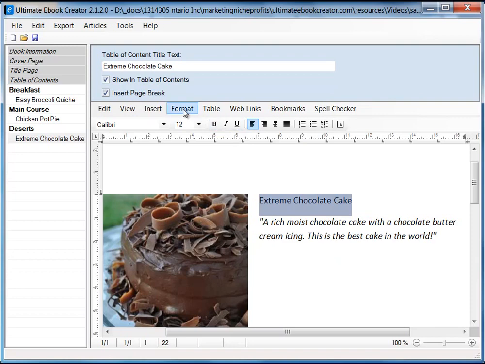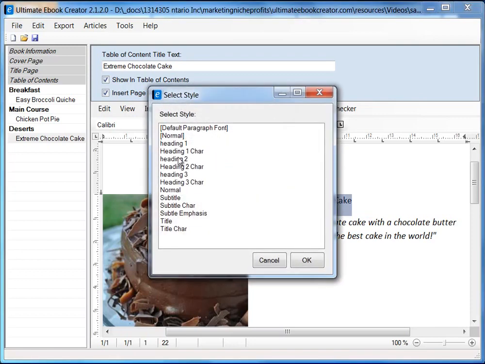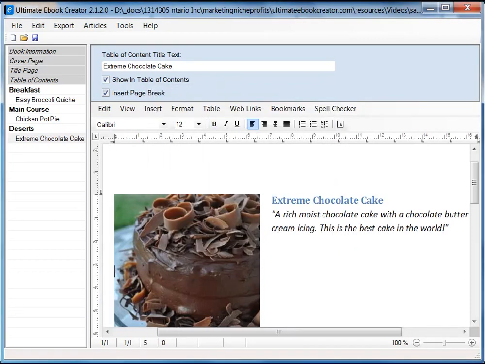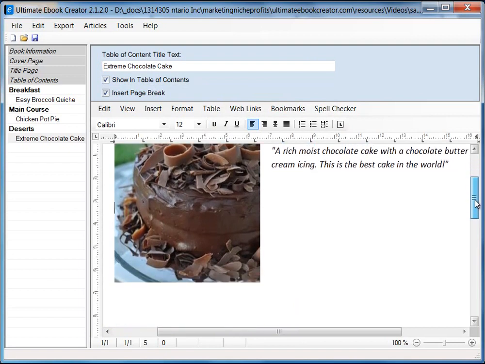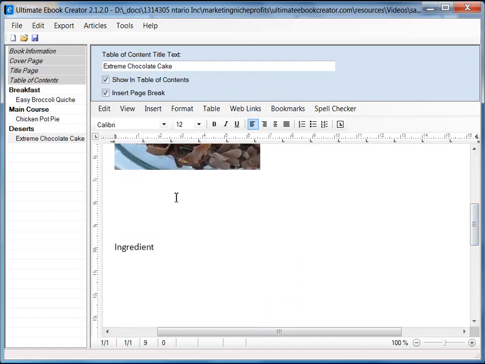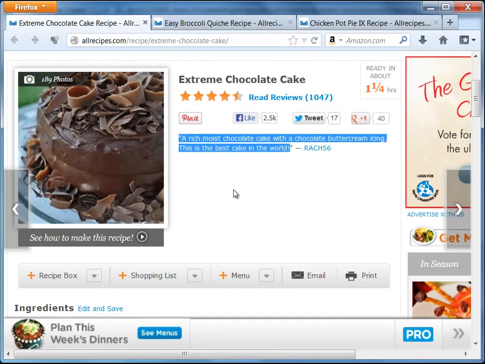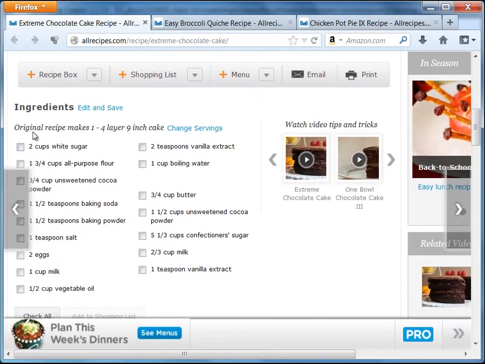Okay, so format here, set style, heading 2. Okay, so that's done. See, that looks pretty decent. And now here I'm just going to put in the, okay,